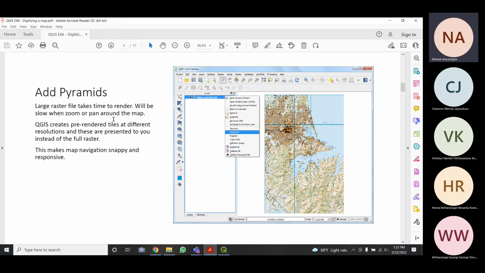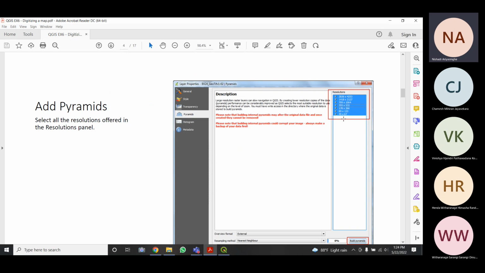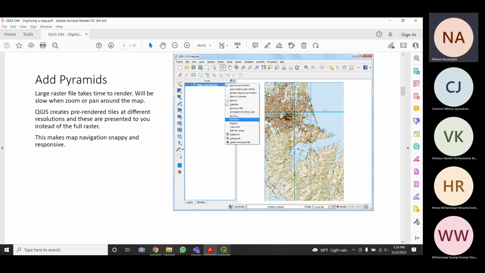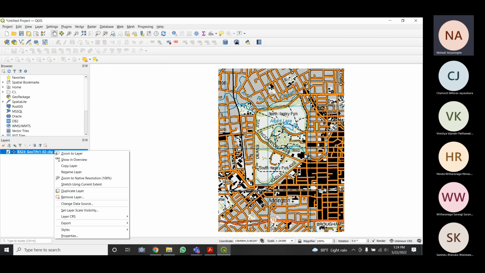But if there is an issue when zooming in and zooming out and panning the map, an issue with the resolution, then we have to add the pyramids, which means we are creating a set of resolutions for the same image file, right? We are creating a set of resolutions for the same image file. So how are we going to do that? We will right click on the layer here